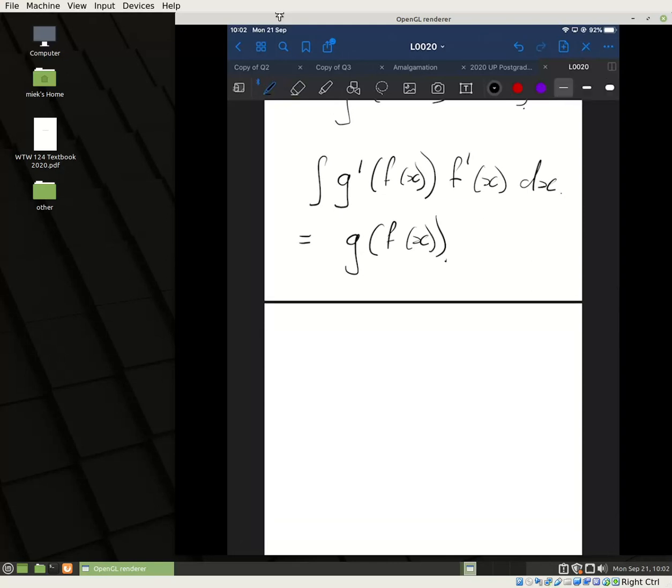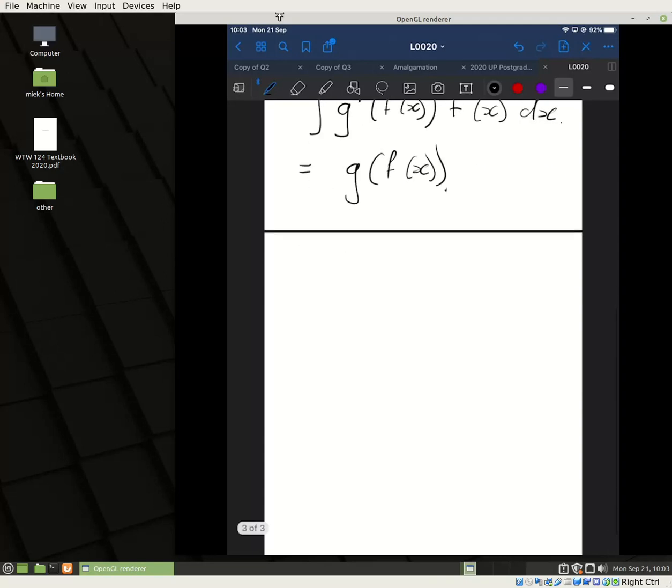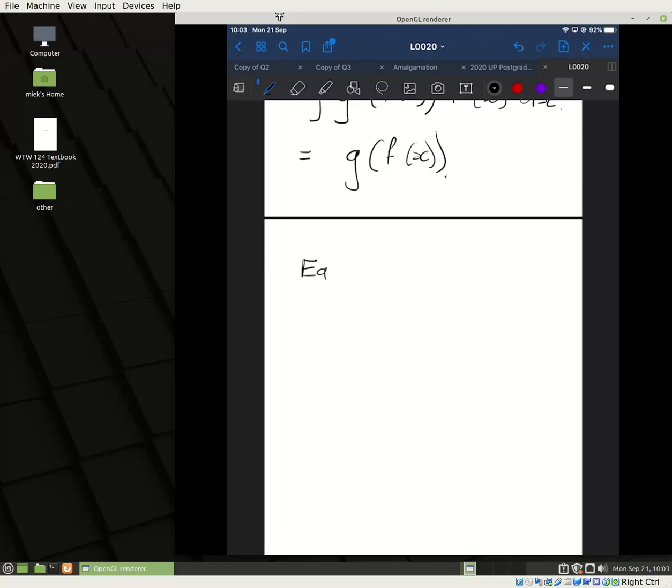And it will happen very often that this g prime will be a polynomial or a monomial. So for example, if we have f of x to the n multiplied with the derivative of f,